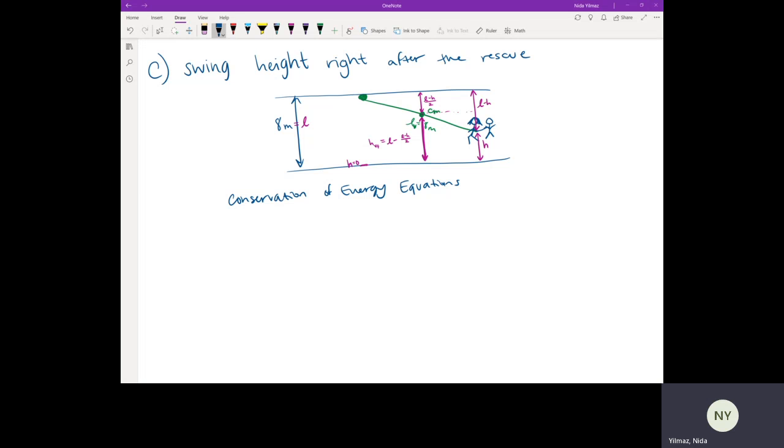What I mean by that is K initial: K naught plus U naught equals K final plus U final. So we have kinetic energy in the beginning, which is our inertia equation, half I omega squared, plus